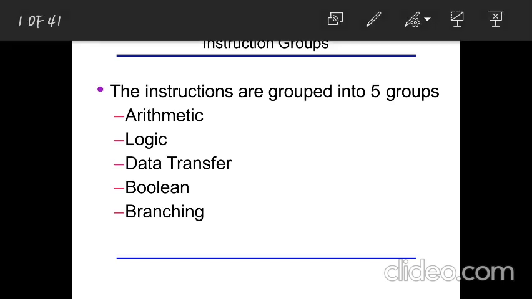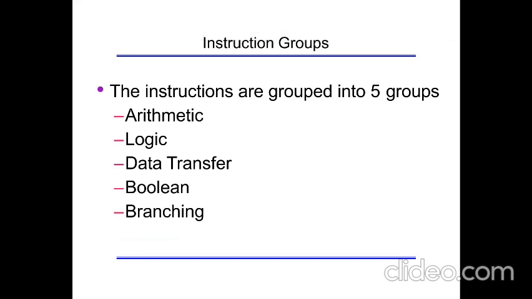So in today's video we'll study the instruction set of 8051. In the previous class we have seen the bit addressable RAM, and then we have also seen I/O ports, how to handle the ports and the programming, how to write programs using ports, using bits or bytes. So now we'll see the instruction set of this 8051.